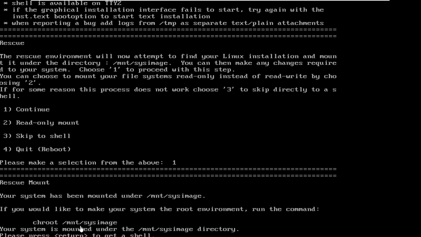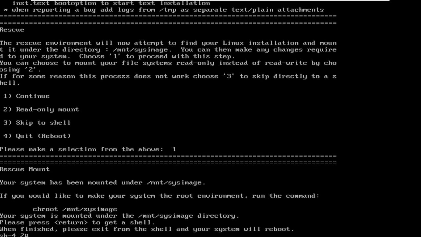The chroot command we have already used when we tried to break the password for root, when we loaded our system from the sysroot directory to our main system. So from here also our CD/DVD is running the system, and if we want to load our main system, then we can load it with this command, chroot, and this time our file system is mounted under /mnt/sysimage. Now your system is mounted under this directory, and please press Enter to get the shell. So now we want to get the shell, so we will just press Enter, and here we have a shell.